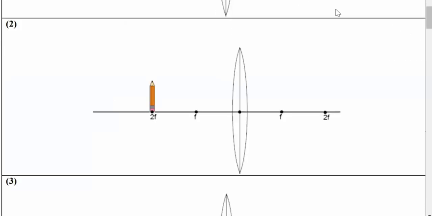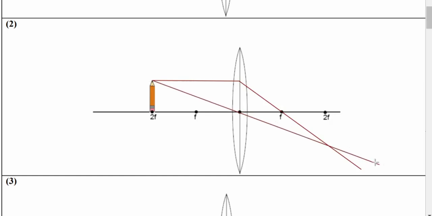Now let's have a look at the second example. Again, we'll draw two light rays from the pencil. The first light ray is going to be parallel to the principal axis. It will pass through the lens and it will converge at the focal point F. And the second ray is going to pass through the optical center, and it won't bend, it will move unchanged. Both of these light rays are intersecting at 2f, and as you can observe, the image distance is 2f and the object distance is also 2f. So when your object is at 2f, your image is also formed at 2f.